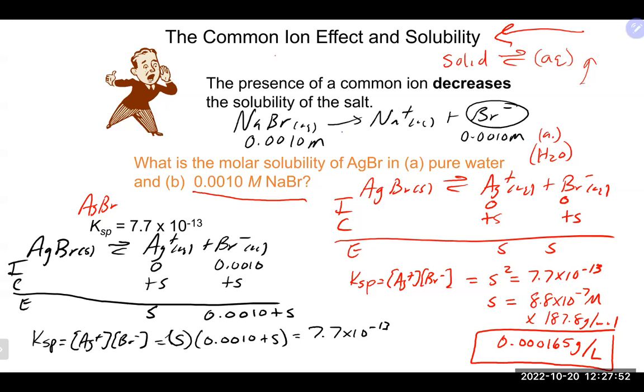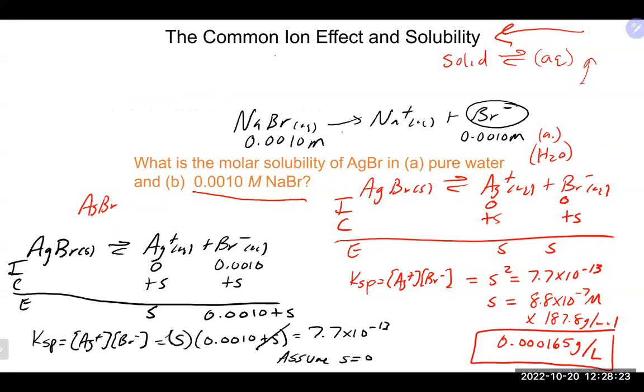Whenever we have a small K value and we're doing these type of calculations, we could assume what? Yeah, same idea as we assume X is equal to 0 here. The change here is going to be really small, right? Even smaller because we have a common ion happening here. So we could safely assume here that S is equal to 0 because of that. Obviously not all the S's, so it would just be the S we're plussing here. So it would just be that S. So that would get us,